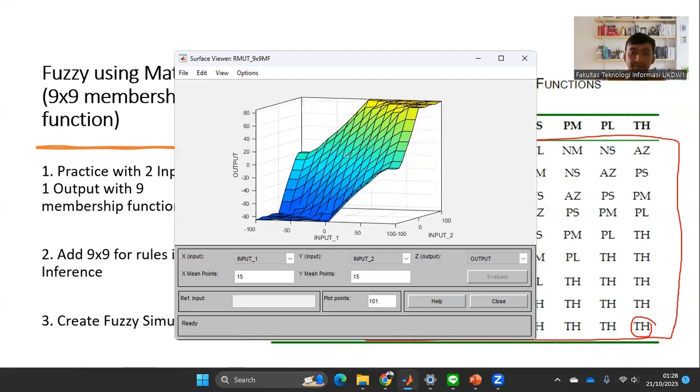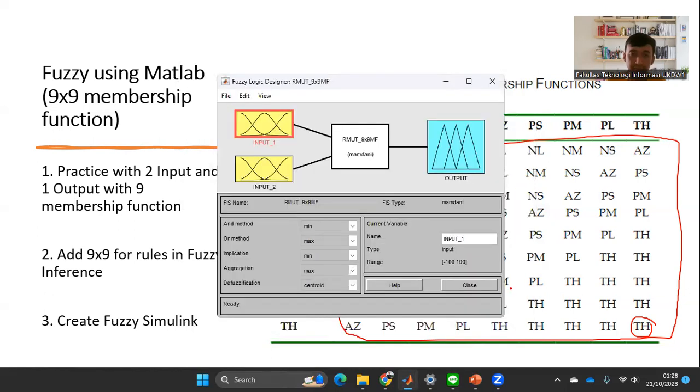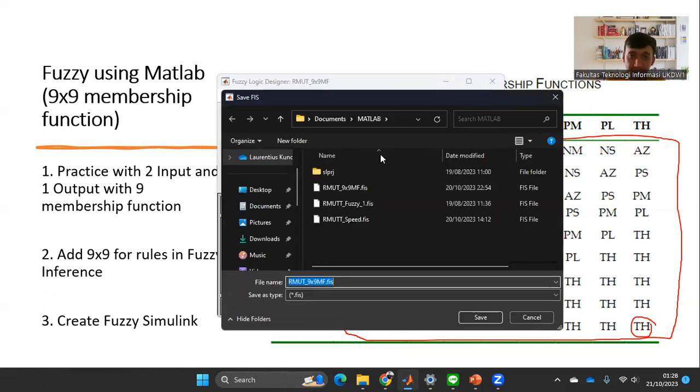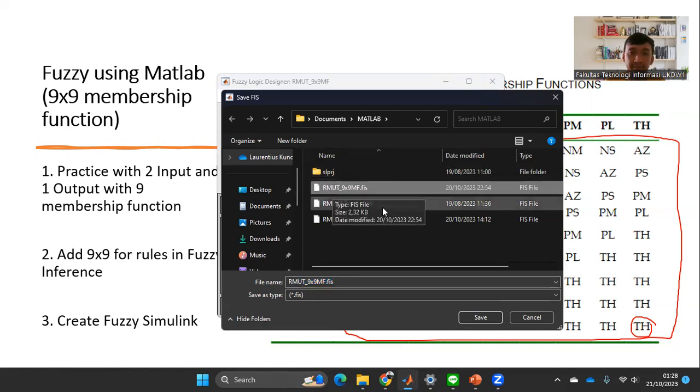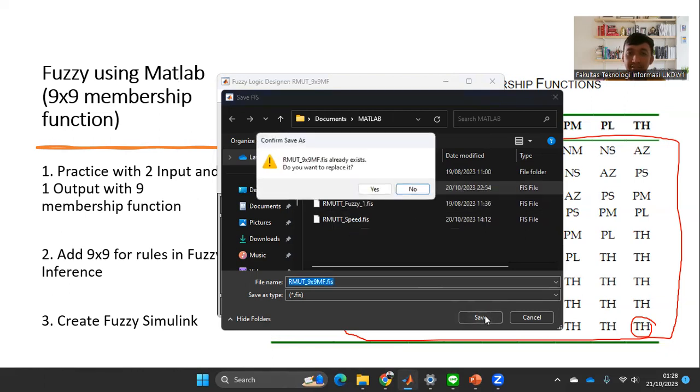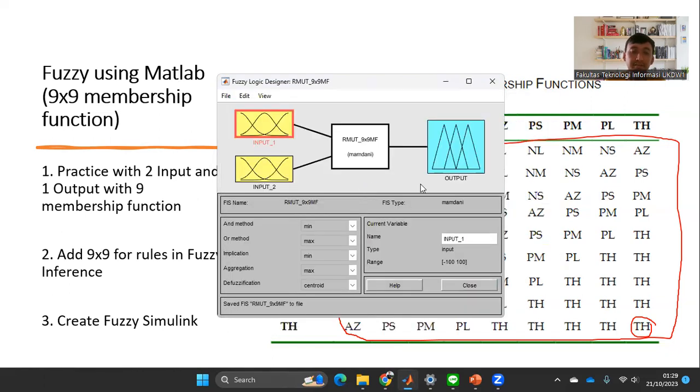Okay, after we finish, we can close this window, and we can export this fuzzy logic designer to a file. I save it with the RMUTD929 membership function here. Okay, I replace it.